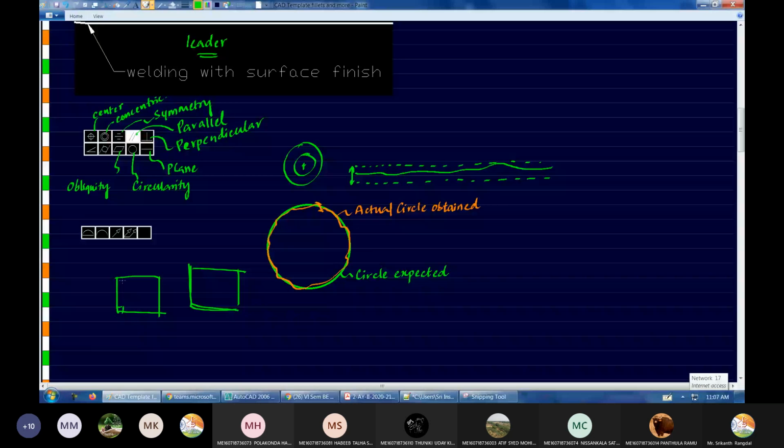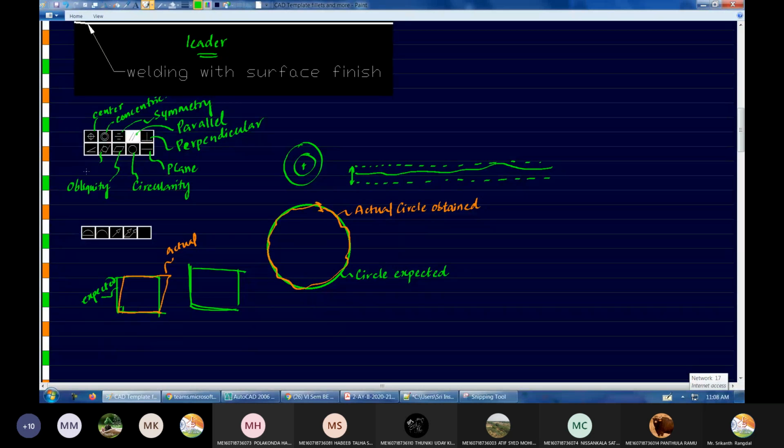But because of manufacturing error, the surface will actually be crooked. The expected one I'm showing in green, and in orange we're getting the actual. So the difference between these two is the tolerance defined by obliquity.